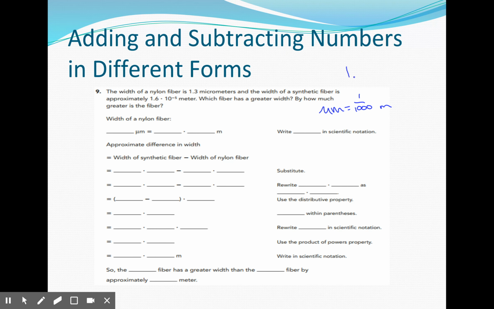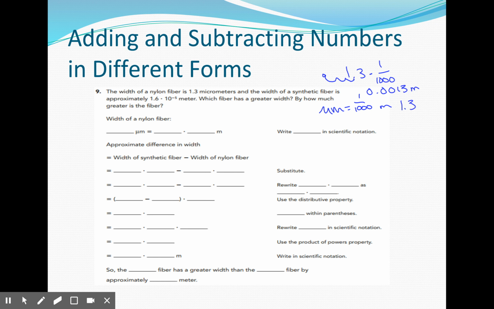So we'd have 1.3 times 1/1000th. Okay, so we're moving that decimal 1, 2, 3 places over. So we have 0.0013 meters, or